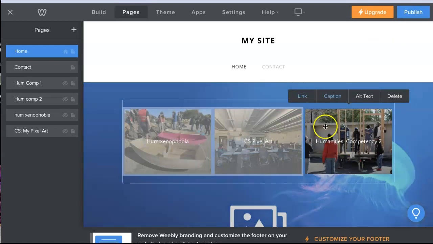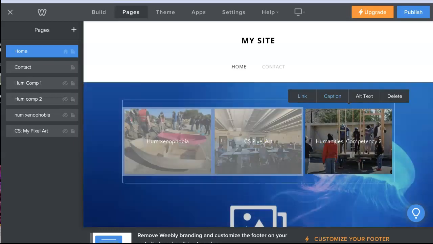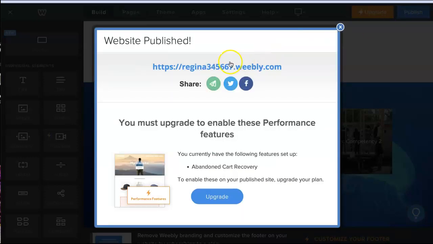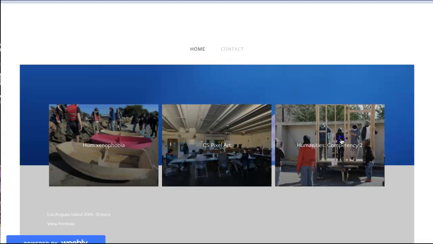And so now you can see that it's linked. You won't be able to see the link until you publish. So if I was to click publish, I'd be able to see how it's actually linked. So when I click on that link, I'm able to see that when I click Humanities Competency 2, it should take me to a page called Humanities Competency 2 for